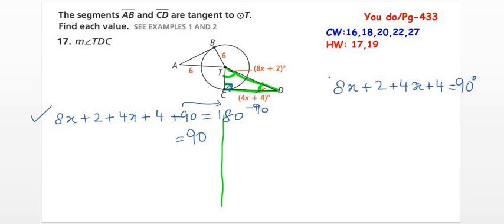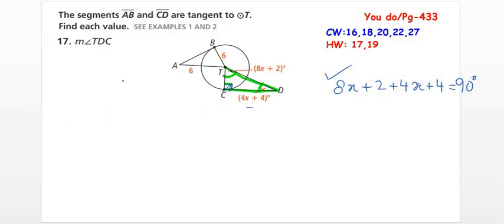So it's all your choice. You can write the equation like this, or you can write the equation like this, the way you understand it. Clear? I'll go with that one. So let's solve it. As I was saying, it's going to be the two acute angles. So 8x plus 2 is the first acute angle. If you add both the acute angles of the right triangle, their sum will